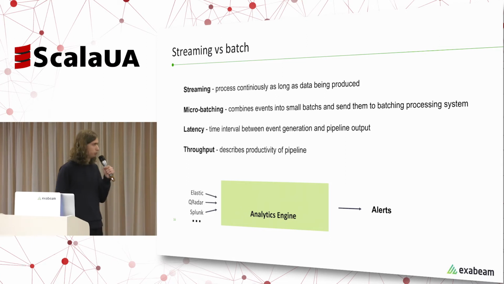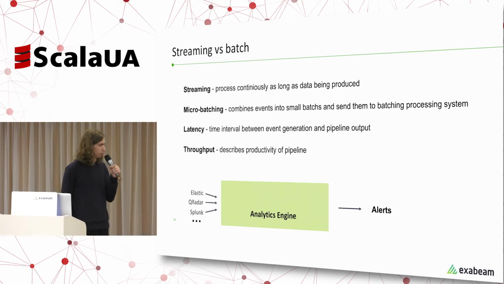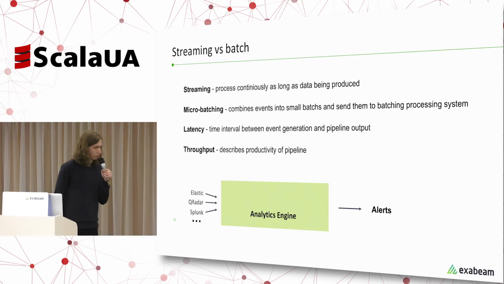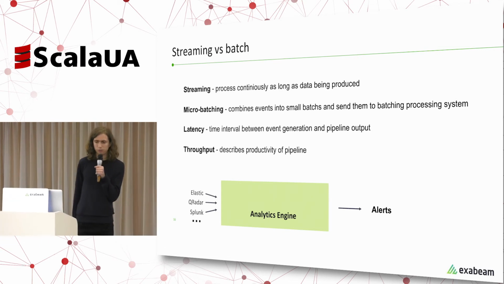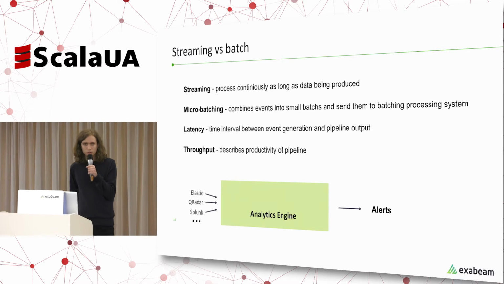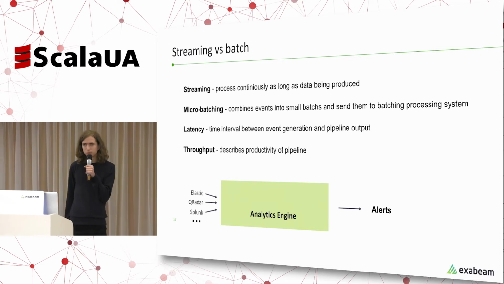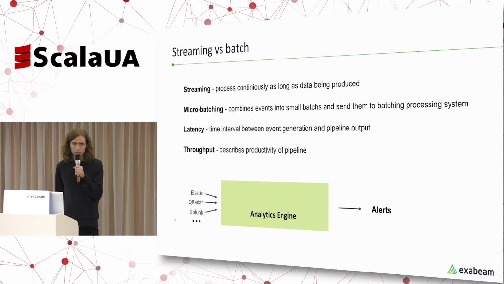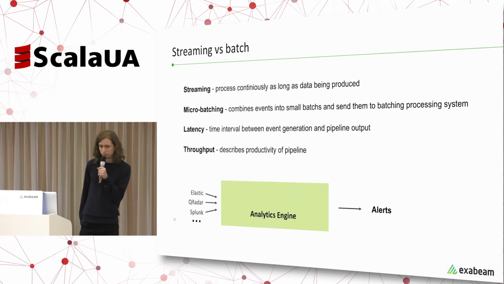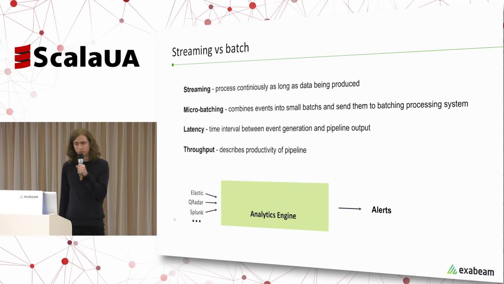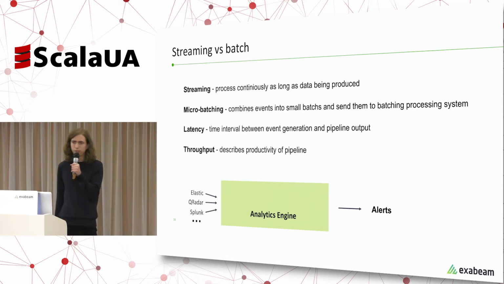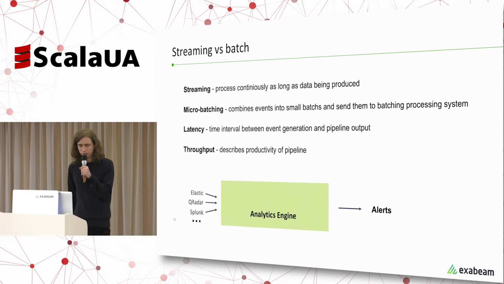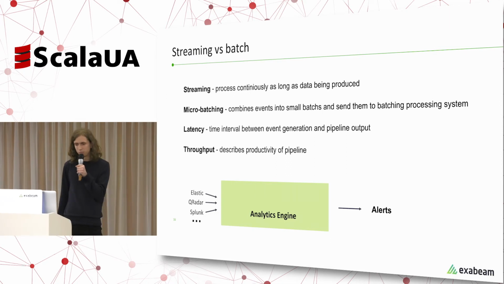Now let's talk a bit about performance. In terms of streaming, here we can use pretty familiar characteristics like latency and throughput. To illustrate it, let's come up with an artificial example. Let's say we want to build a stock market prediction engine. We receive market prices in real time, update our model, and produce a forecast. And this forecast is valid only for a fraction of a second. So in this case, we need to concentrate on low latency. And for example, micro-batching might not be the